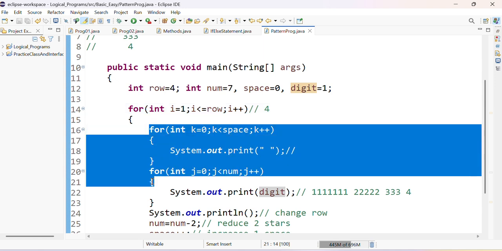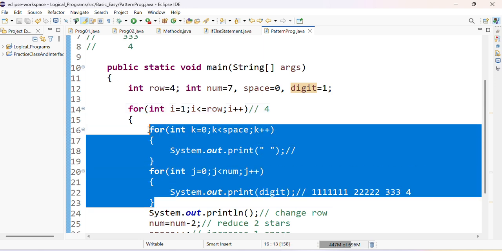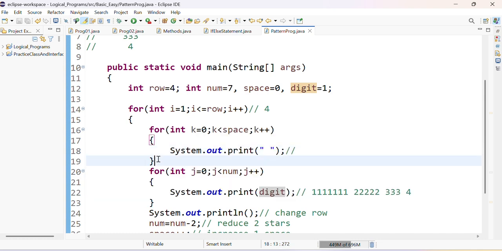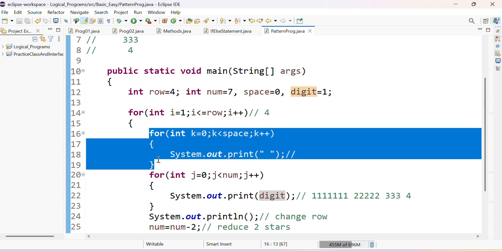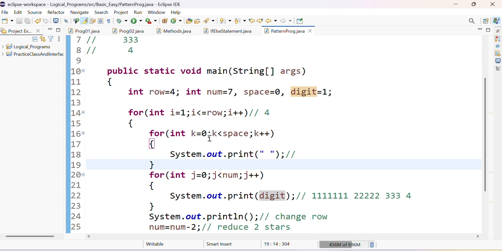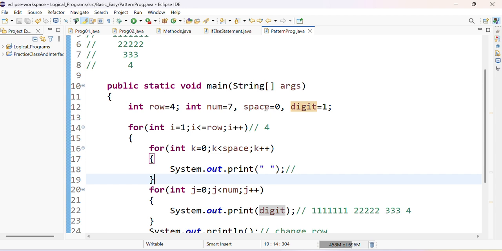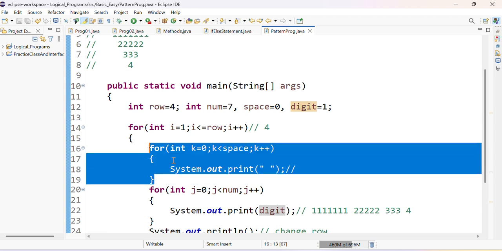Inside the for loop we have two other for loops. The first for loop is to print the space. If you see, firstly we are printing space, that is initially 0, then 1, then 2. That's why I have taken the first for loop for the space. It will start from int k is equal to 0, k less than space, k plus plus. Here initially space is 0, so system.out.print will not execute because space is 0,